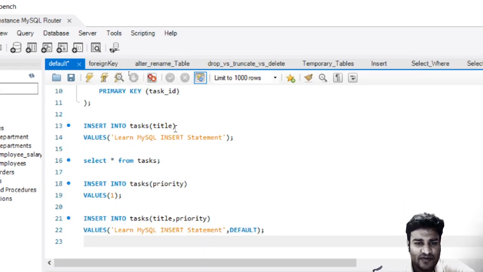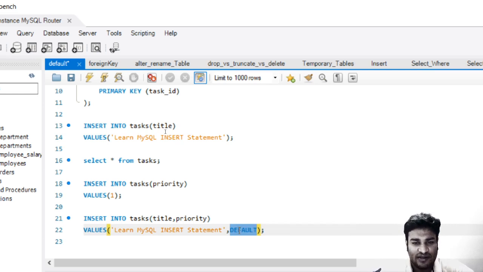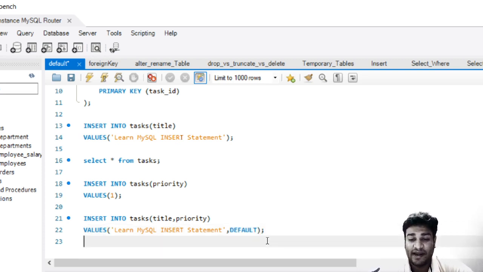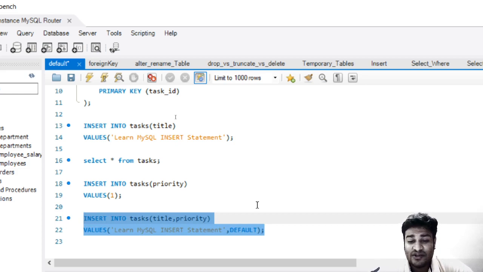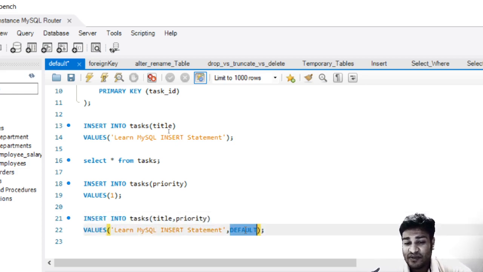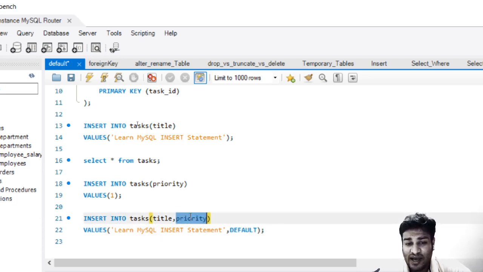Another point which we will be discussing today is the keyword default. Sometimes it happens, when you are a tester, you do not know what the default value is for a particular column. There might be a scenario where, in writing a script, you want the default value filled up, and you do not want to see it because the default value can get changed. A person can alter the table and change the default value, right? So in that case, you can use the keyword default. This actually means the default value of this particular column.